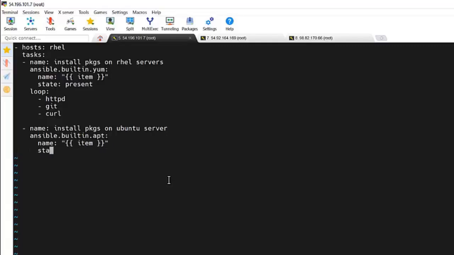State, present, and loop list of packages. In Ubuntu, the Apache web server name is apache2, but in RHEL it is httpd, and the rest of the packages remain the same, that is git and curl. If I run this particular playbook against the RHEL servers, in that scenario this playbook will fail